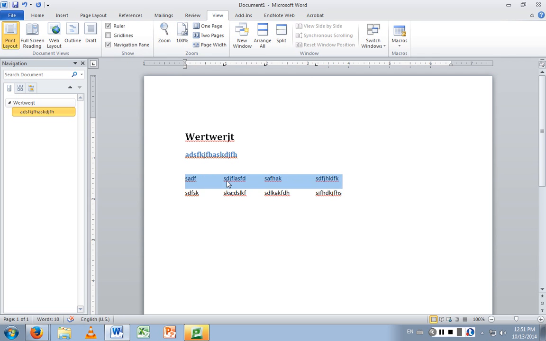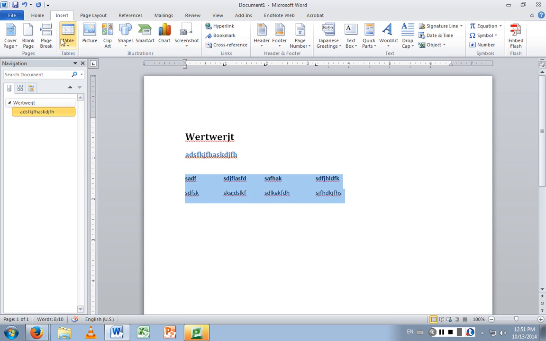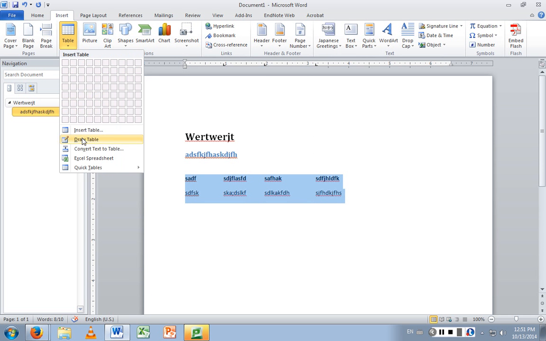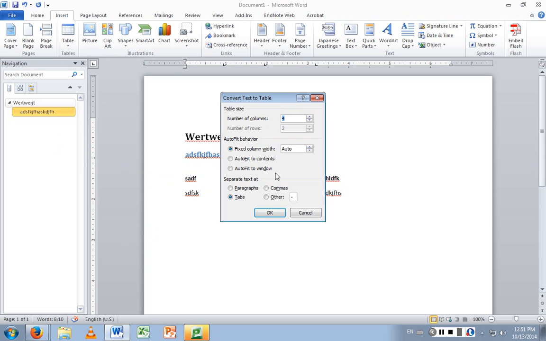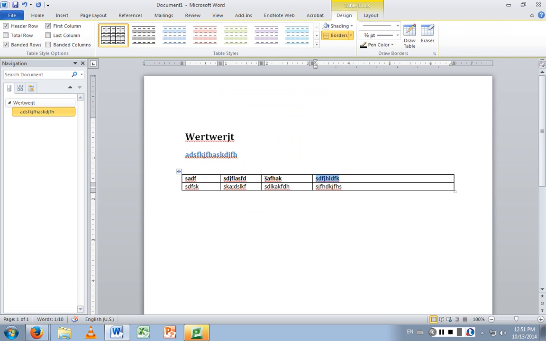And let's say I wanted this to be the head of my table. Okay, do that. So I could do it that way, or I could make the table using Word's insert table. Where is it? There. It just so happens insert table also has a convert text to table, which I'm going to use real quick. And tell it it has 4 columns, 2 rows. It's automatically deciding that. And I can do things like tell it that I have a header row here. Okay, it automatically knows this.